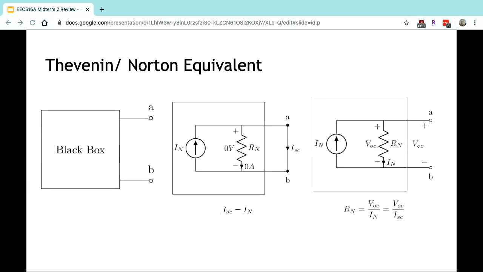So likewise, for the Norton equivalent, we can do a similar analysis for looking at why it works out when we look at the short circuit and the open circuit quantities. In particular, you'll see that all the current in the short circuit situation will have to be diverted through that short. And then if you keep it open, then all the current will be diverted through the Norton resistance, and then from there you can find out what that resistance has to be, because you found out what the Norton current was before. So if you want to find the Norton or Thevenin resistance, as long as you take the ratio of those two quantities, or you have either of the Thevenin or Norton circuits, you can always find that resistance.